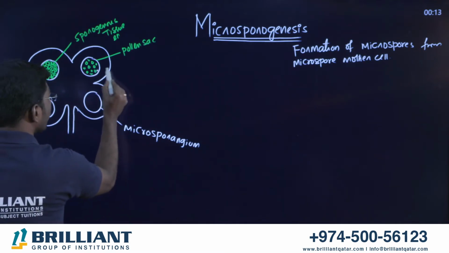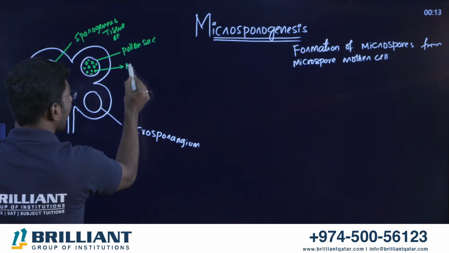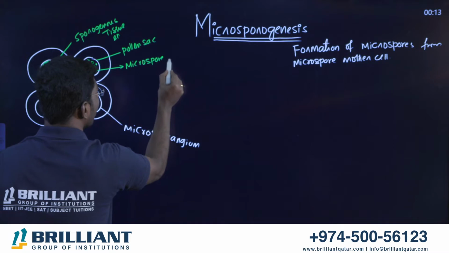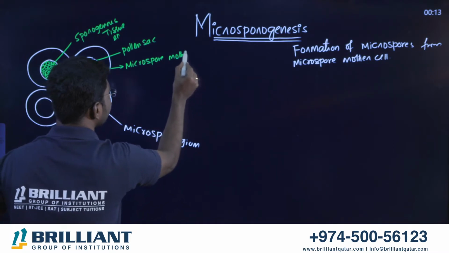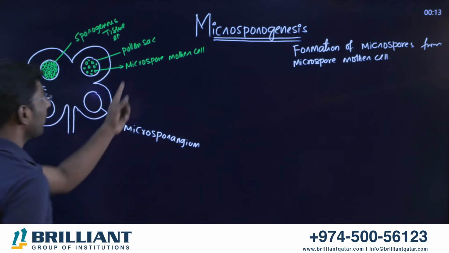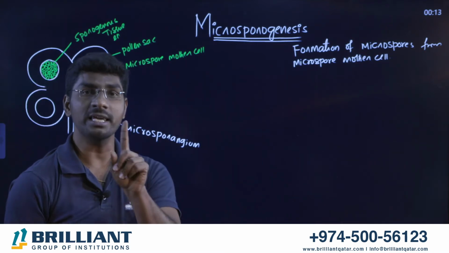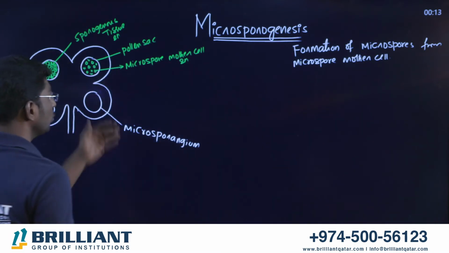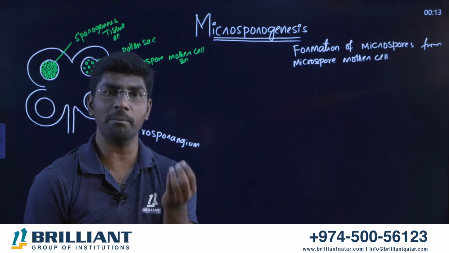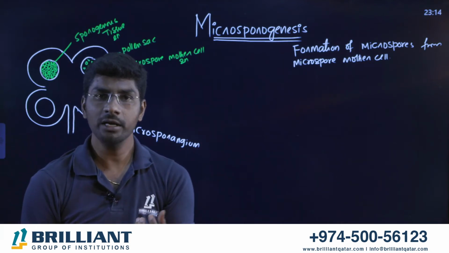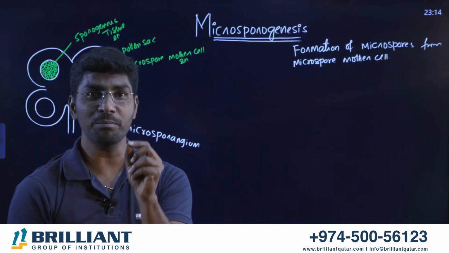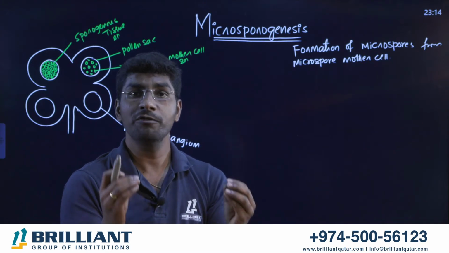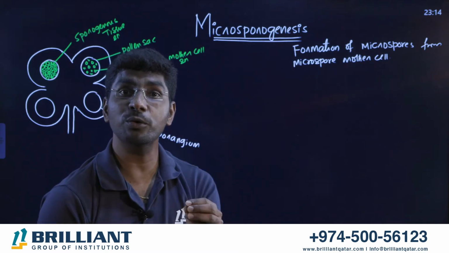So each sporogenous tissue now behaves like a microspore mother cell. Keep in your mind, mother cell. Sir, are microspore mother cells also diploid? Yes, microspore mother cells are also diploid. So each sporogenous tissue has now matured or turned into the microspore mother cell. Fine. Now, in the microspore mother cell, meiosis division takes place. I told you in the beginning of the class, formation of microspores from microspore mother cell.